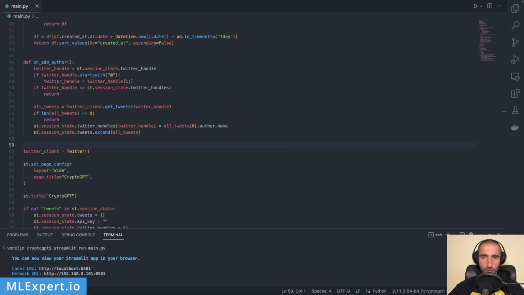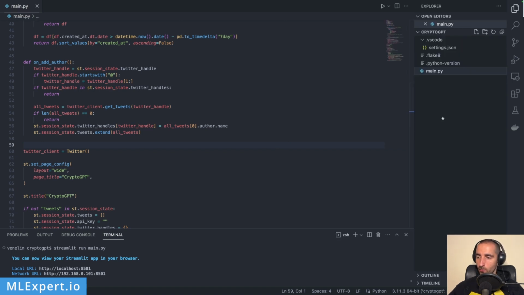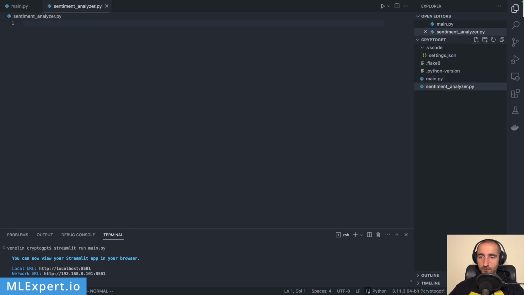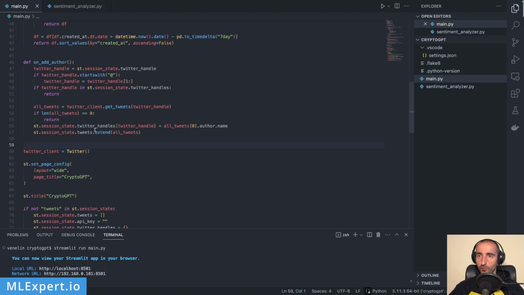I have the project opened in Visual Studio Code, and this is where we left last time. So in order to analyze the sentiment, I'm going to create a new file, which I'm going to call sentiment_analyzer. And in this file, I'm going to get LangChain to work with ChromaDB and then ChatGPT. And this is where the magic, as you can say, might happen. So sentiment_analyzer.py. In this file, I'm going to first move the functions